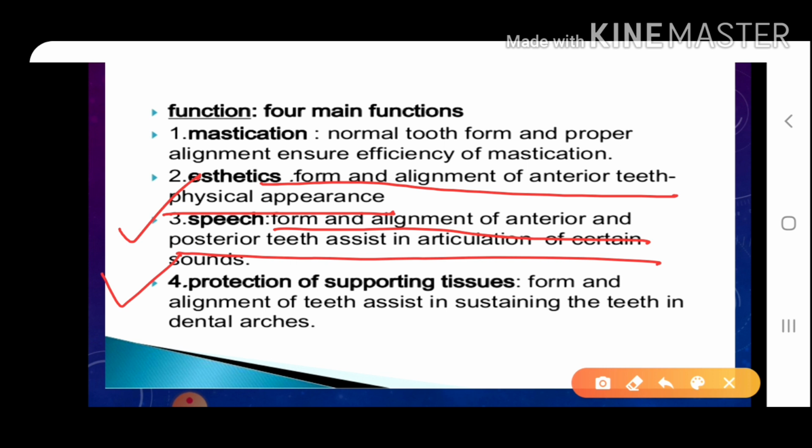Finally, we have protection of supporting tissue. Now, can you tell me what the supporting tissue is? I hope you remember we just discussed the soft gelatinous tissue that is present, which is the pulp cavity or the dental pulp. In order to protect that dental pulp, since it's a sensitive area with many nerve endings and blood vessels, we have a protective layer of enamel on top. Therefore, it serves the purpose of protection of supporting tissue. So these are the basic 4 functions of teeth. If it is asked, you can write any 3 or 4 because they are quite easy to remember as well.